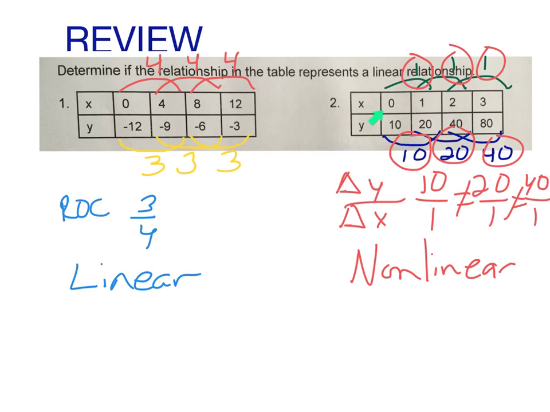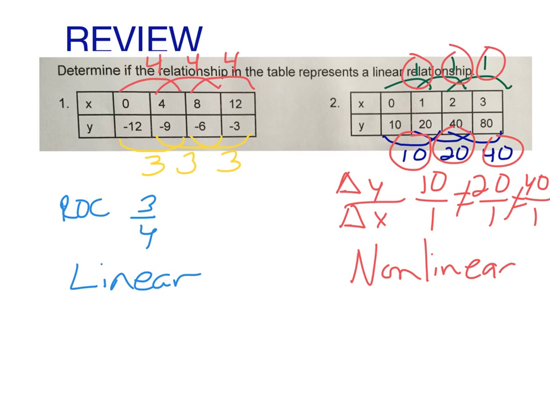Now over here, we have 10 over 1, 20 over 1, and 40 over 1. Those are not equivalent to each other. And yes, you need to write these fractions as your explanation, and those are nonlinear because they are not equivalent. Now what I don't want to see is they're not equivalent because these numbers are different. That is not true, because you can have different numbers down here and different numbers up here, and then they